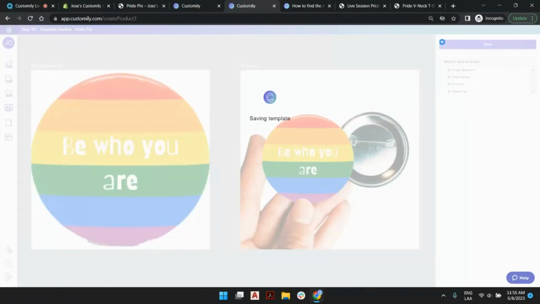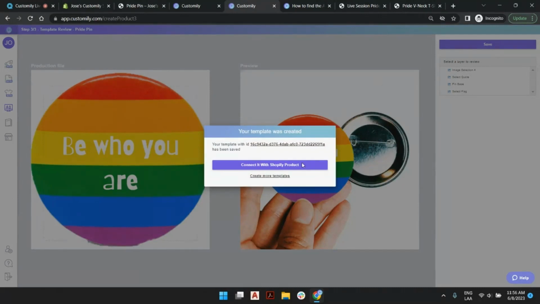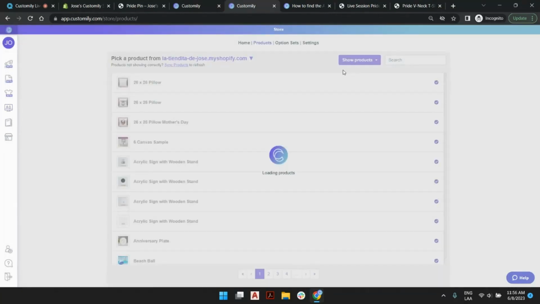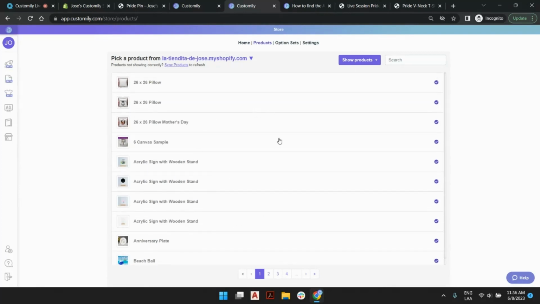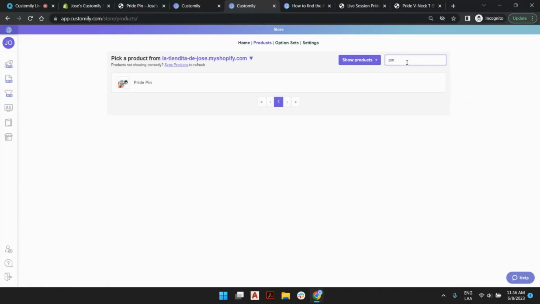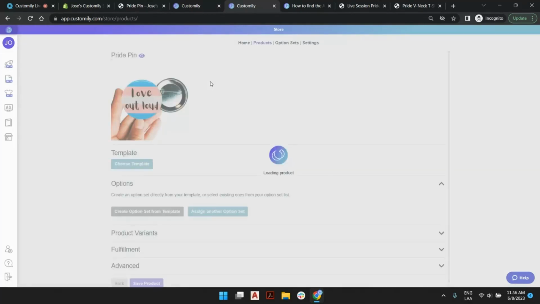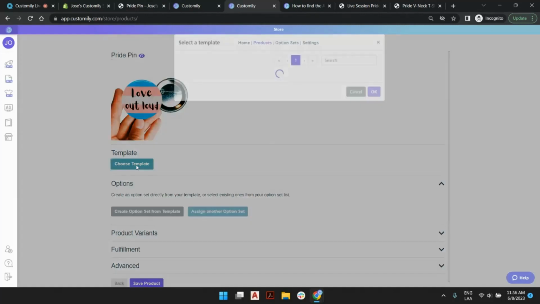Okay, save it. Once you save it, you get two choices. You can go back to your template list with this, create more templates, or connect this with a Shopify product. We're going to connect that. We are being taken to the store section, no mystery there, and here we see all our products, and we can pick any of these products to connect our new template. I'm going to find the pin, open this, and choose the template I just created,